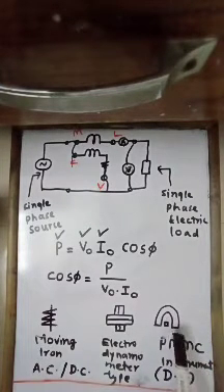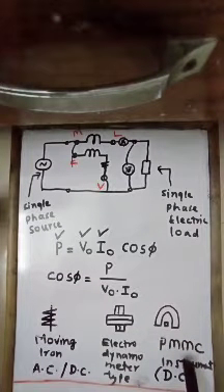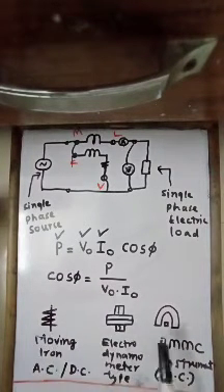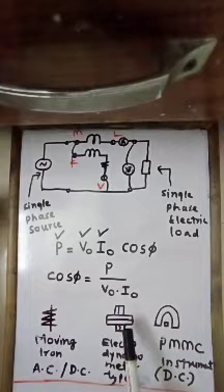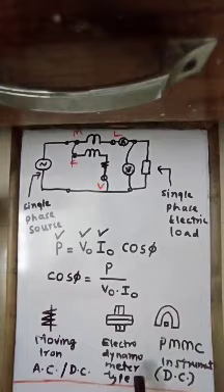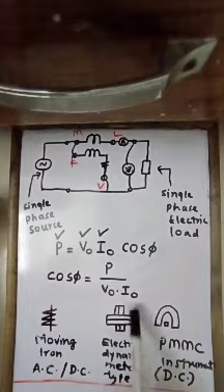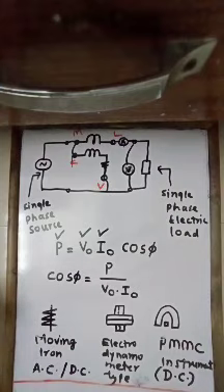So basically the permanent magnet moving coil instrument is another kind of instrument, and these two types of instrument you will find in the laboratory. Another type of instrument is the electrodynamometer type instrument. On a wattmeter you will find this kind of symbol, the electrodynamometer type wattmeter. Now we will see the different terminologies and different symbols and their meaning.